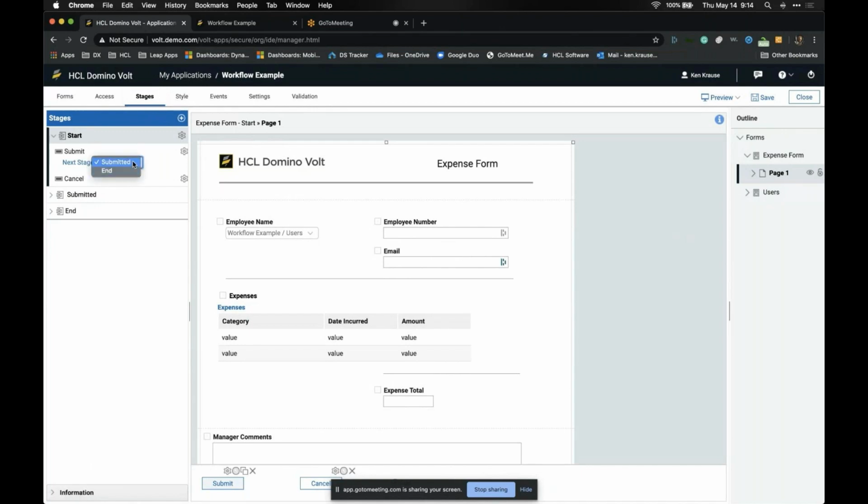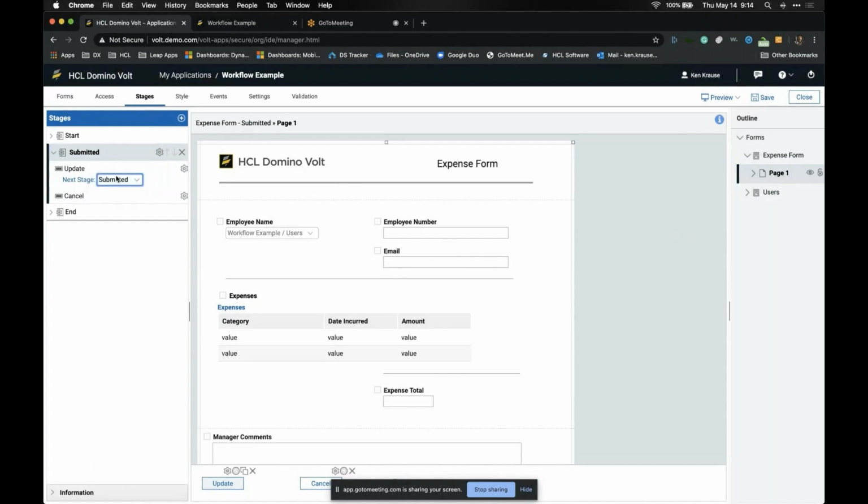So my only choices right now are to either move to submitted or end. And in the submitted stage here, you can see if I hit update, which is the button on this page, it's actually just going to iterate back to submitted, or I could send it to the end. So very simply, being able to set up a stage, the direction in which it's going, and the end state